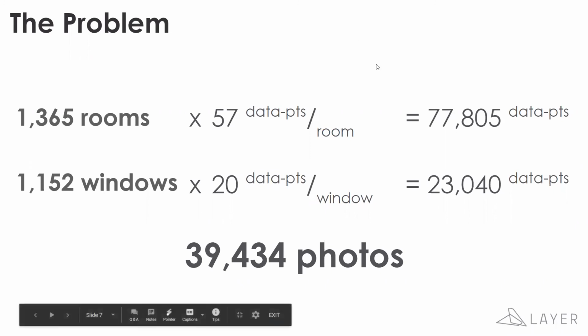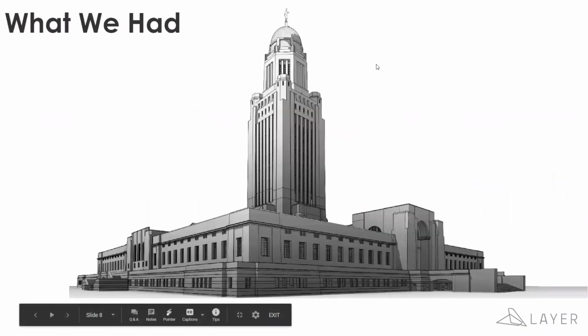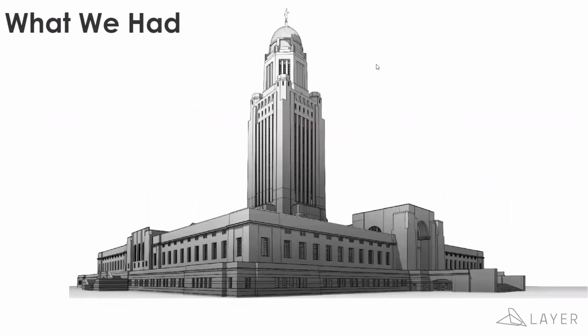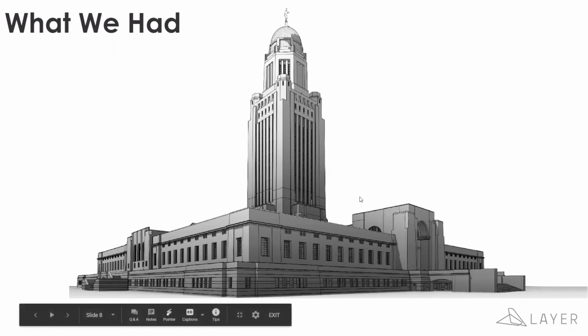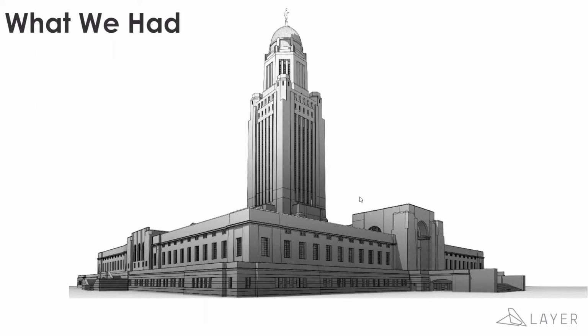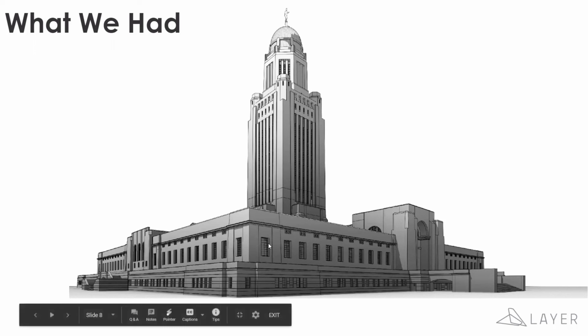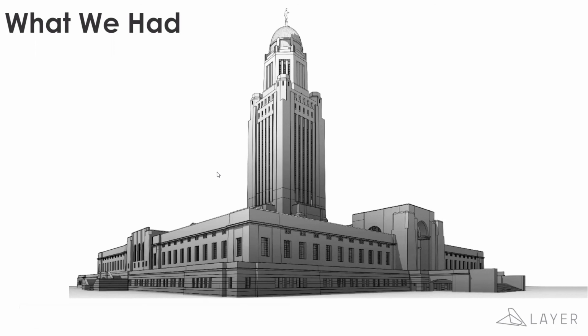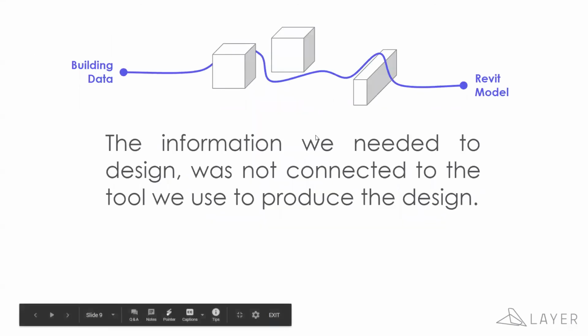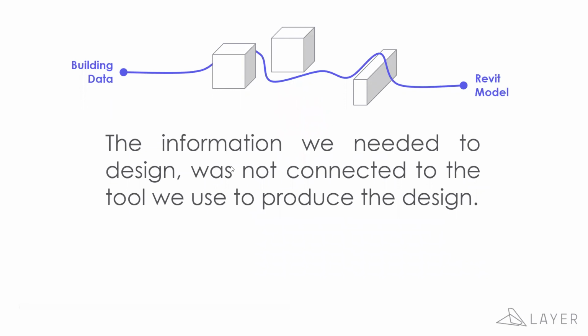So what happens then, as the project continues, and a beautiful Revit model gets built from the construction documents on hand, and you begin to go through the process of reconciling the data which was collected in the field with the Revit model which was built separately. How do we know that this window here is in fact as it was designed, or was it modified in some way after the fact? Well, in order to accomplish and to solve that problem of the building data being completely separate from the Revit model,